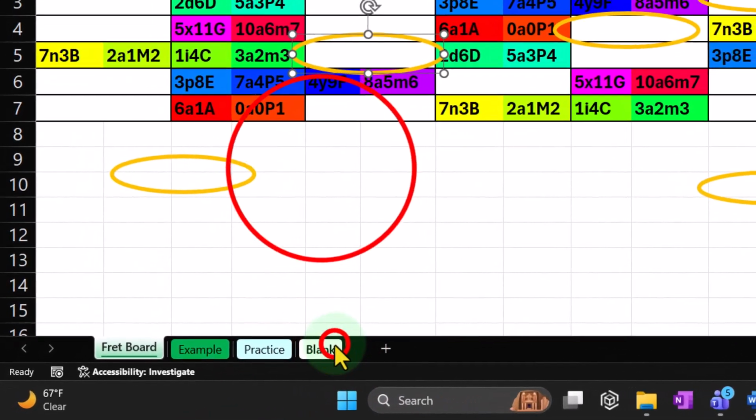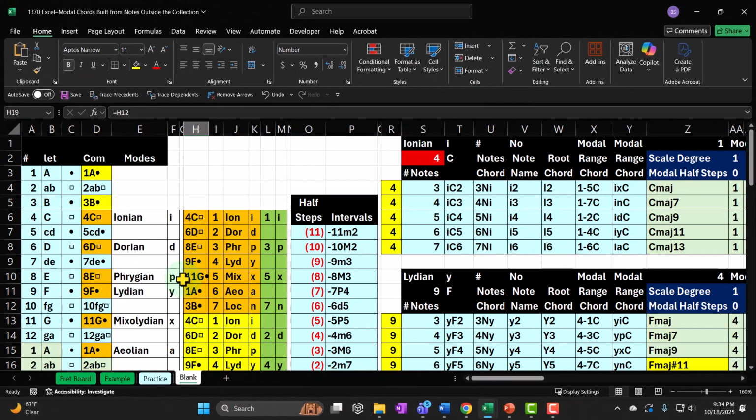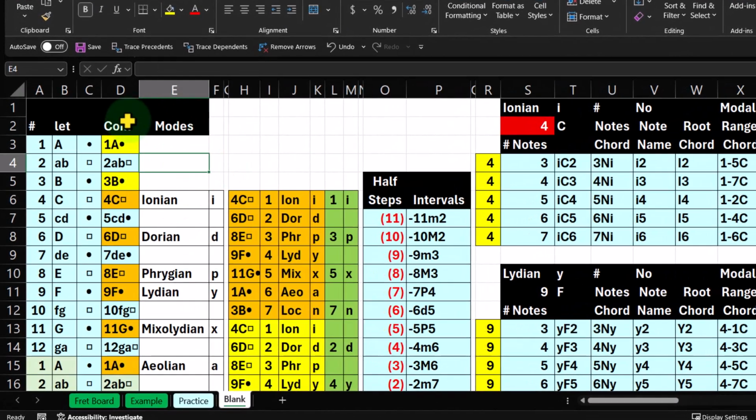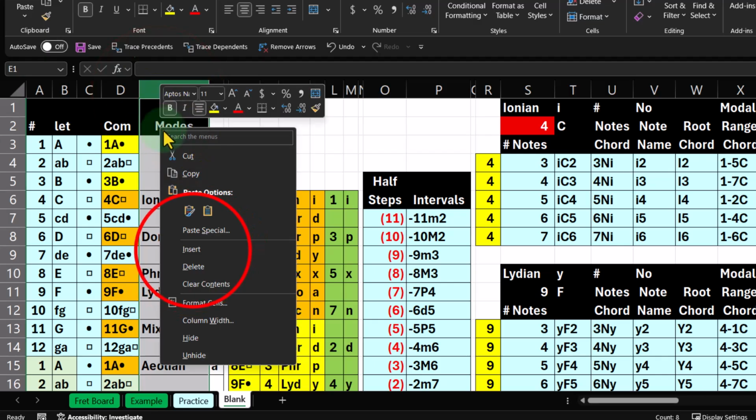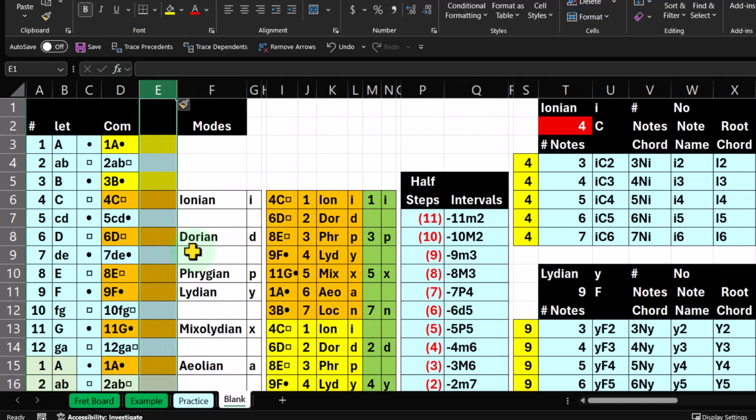So if I'm going to go back over here, let's add another column. I'm going to add a column between D and E. I'm going to right click here, click on that and insert. And this is the numbering system that would be a relative numbering system to the collection of notes that we have around the key of C. So if it was the key of C and we're using a relative numbering system, but adding the notes that are in the ocean,